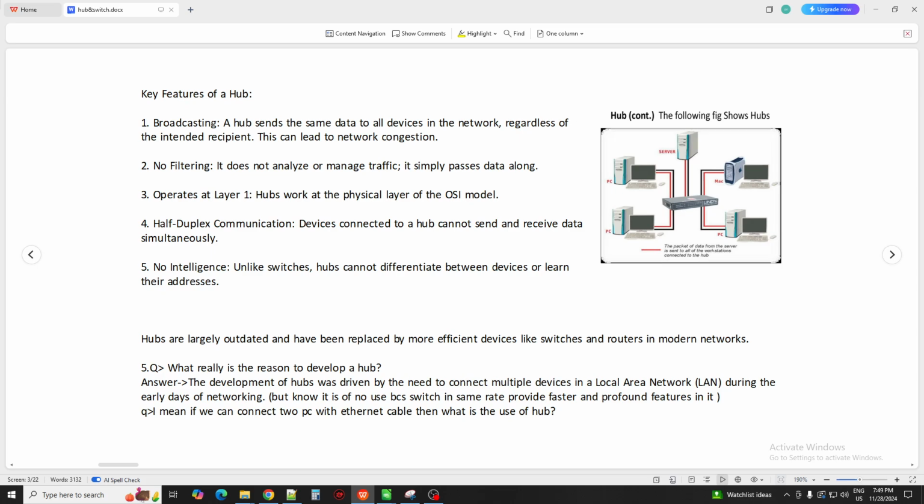But the problem is that if you have to share with multiple PCs, for example hundreds or thousands of PCs, in a cyber cafe or a big infrastructure where a company is running and has to transfer data to multiple PCs at the same time, you cannot use an Ethernet cable. It is just ridiculous. So for that reason, hubs and switches work better and have an edge. You also have to know that if you have only two PCs, you can just use the Ethernet cable and share data with it.